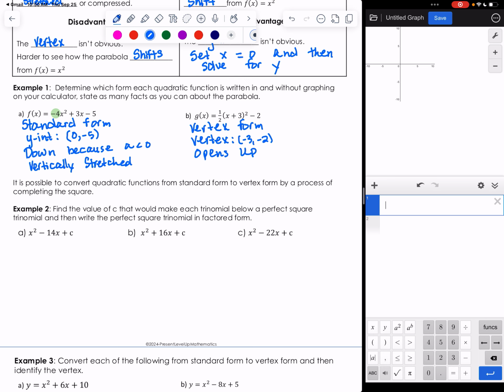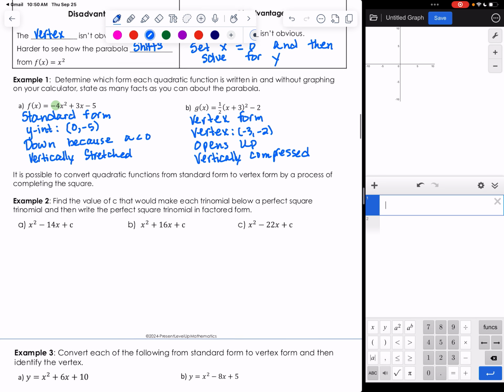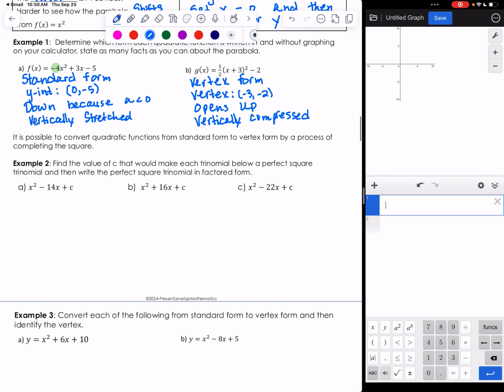And maybe you said that the graph was vertically compressed because the a value was between 0 and 1. All right, now, it is possible when you have a quadratic function that's written in standard form to convert it